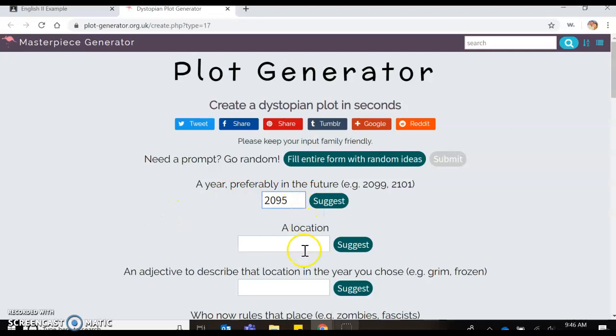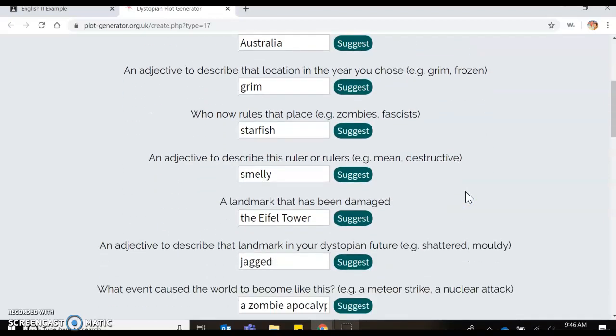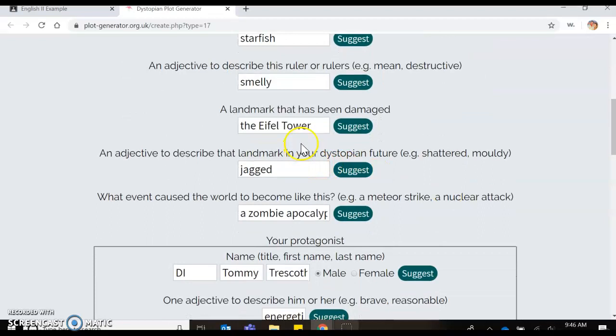If you don't want to go through and look at every single aspect, you can click this button, fill entire form with random ideas, and it literally fills everything for you. But again, you can